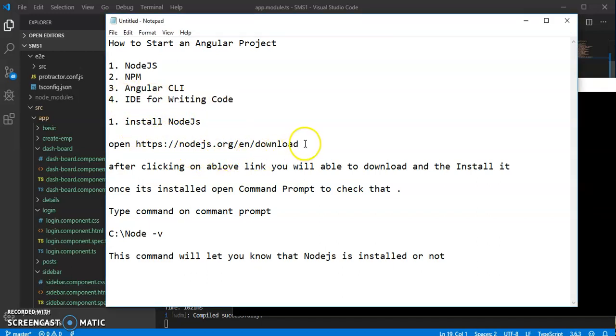First, you have to install the Node.js software on your machine. For installing, you have to open this URL and execute the exe. Once you have installed it,